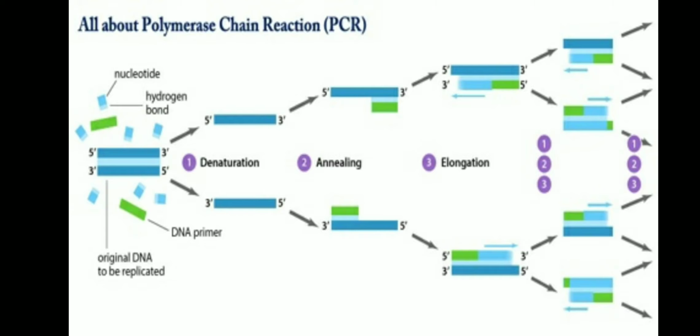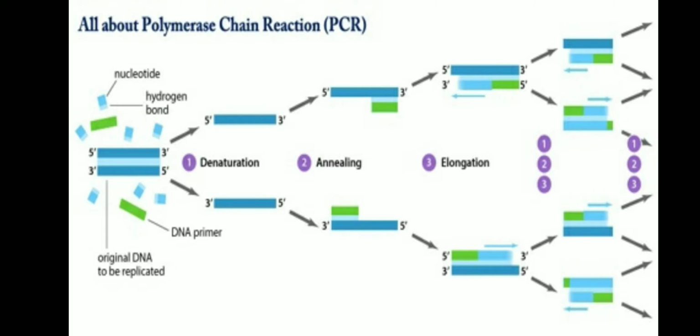In which process does polymerase chain reaction occur? It uses three steps: the first is denaturation, the second is annealing, and the third is elongation. In denaturation, a double stranded DNA is denatured and forms two single stranded DNA. Now two primers are added at the 3' end of the two single stranded DNA. This is called annealing. After the two primers anneal, elongation occurs.